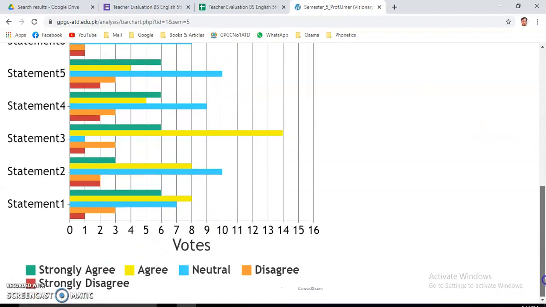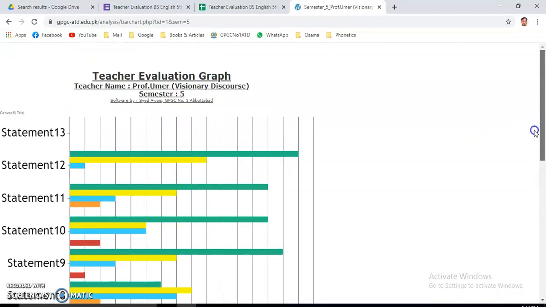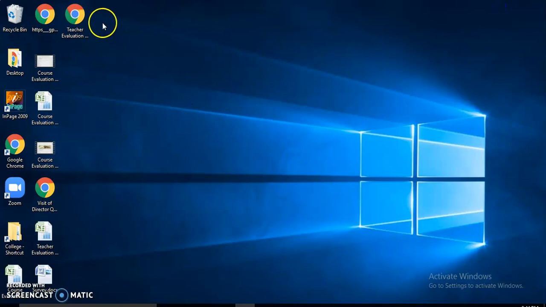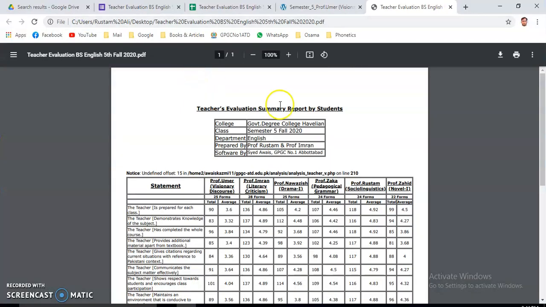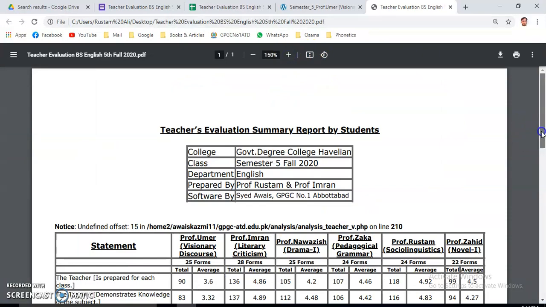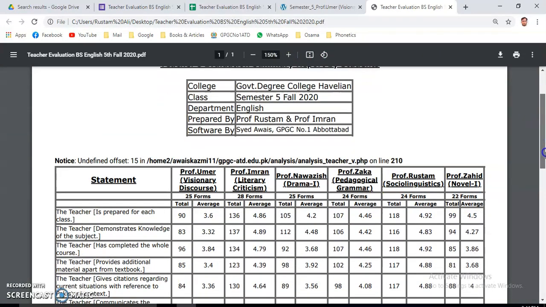But instead of generating these graphs, I think we should see the actual summary of the report. Let me magnify it for you. This is, I think, a very good summary.